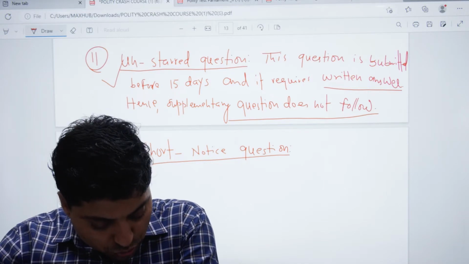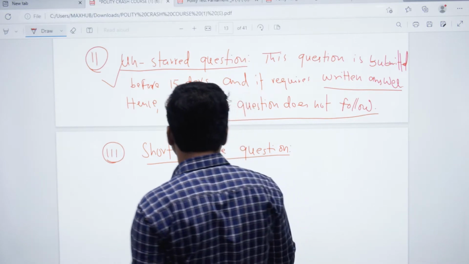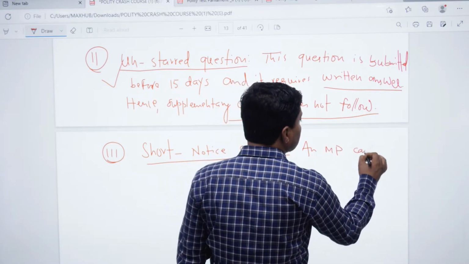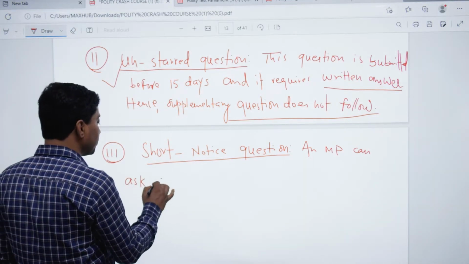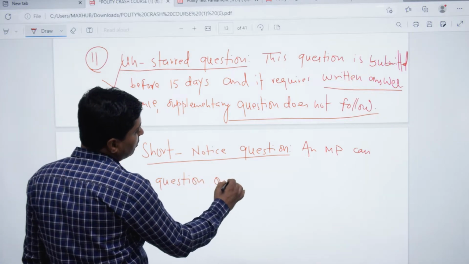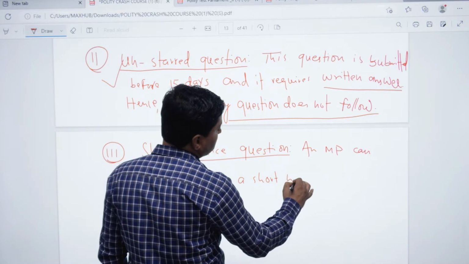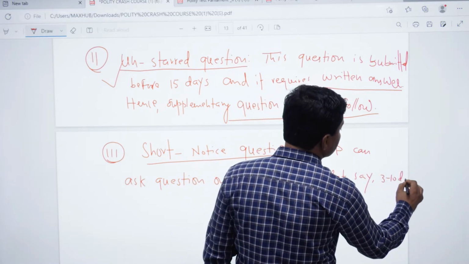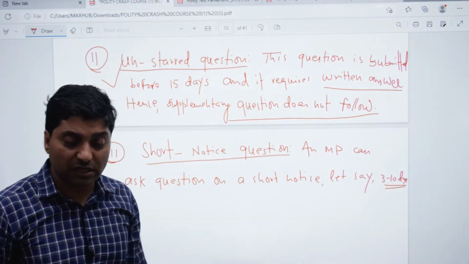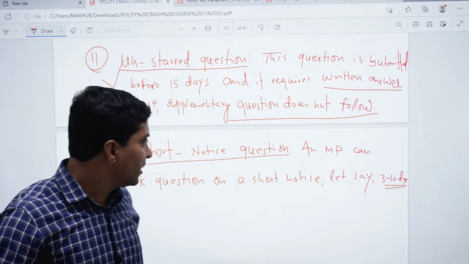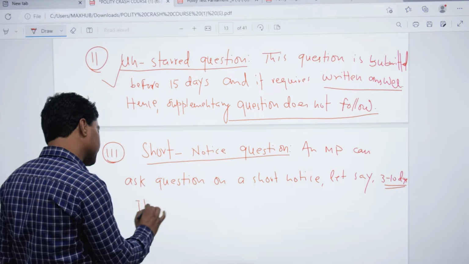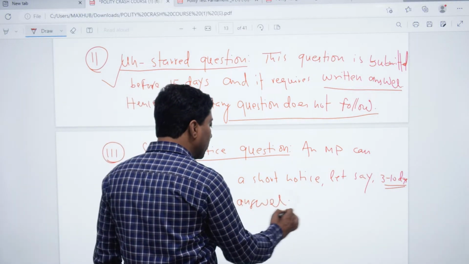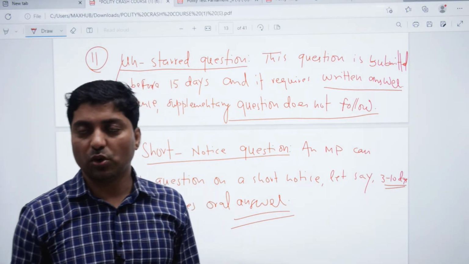So an MP can ask a question on short notice, let's say 3 to 10 days. 10 दिन पहले सवाल दे दीजिए, या 3 दिन, 4 दिन, 5 दिन, सब चलेगा. 3 से 10 दिन तक होता है, right? And it requires an oral answer. ये ओरल आंसर रिक्वायर करता है, यानी मिनिस्टर आपको जवाब ओरली ही देंगे।